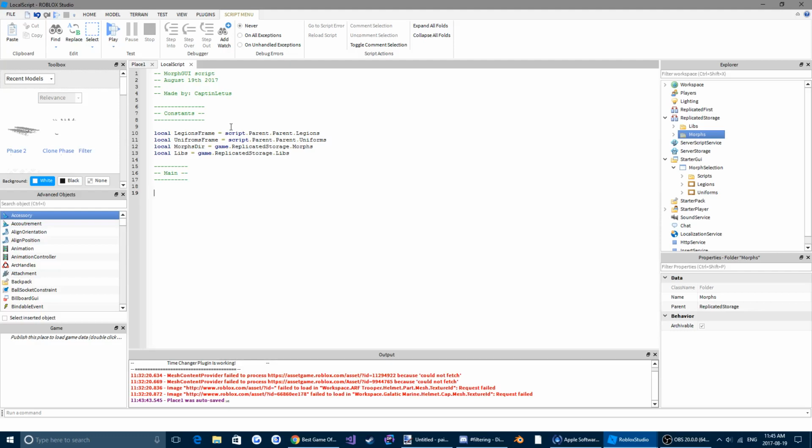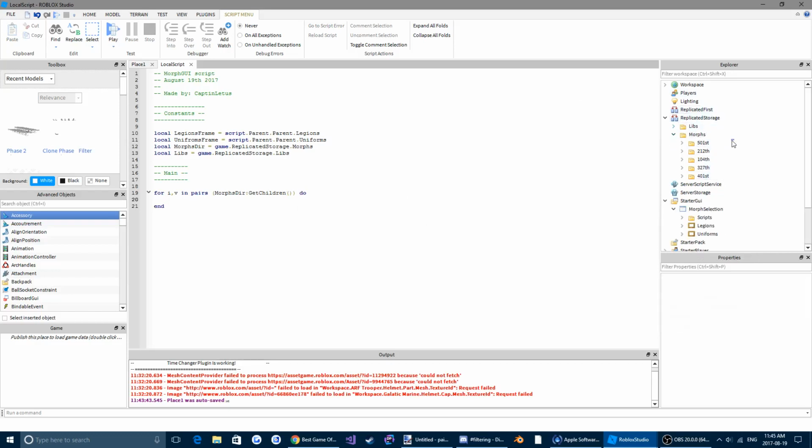So we're going to do that same loop that we did in the last video: for i, v in pairs, open parenthesis, close parenthesis, and then we're going to write morphs dir get children do. So what this does is it opens up our morphs folder over here, and for each one of its children, it's going to run a code. So each time it gets to one of these new folders, it's going to run a code. So what we're going to do is local